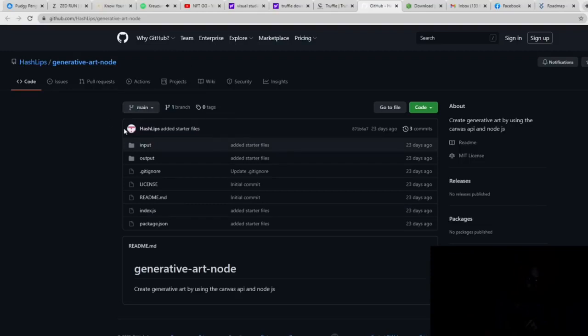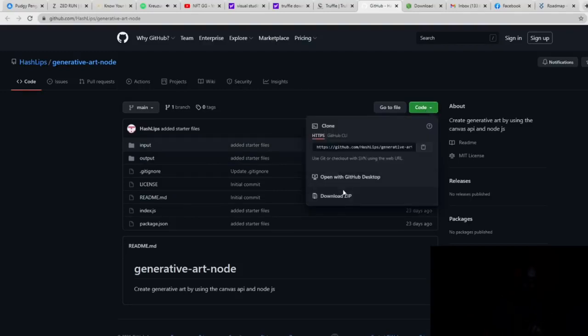All you're going to do is this right here is going to be the base code, right? This is your boilerplate code, and you're going to go to Code, and you're going to download zip. Now once you download the zip, just extract it. You can use something for free, either a WinZip free trial, or you can get PeaZip, P-E-A-Z-I-P, PeaZip. That is what I use for everything. It's completely free. There's no trial expiration, and you can extract that file anywhere on your computer,